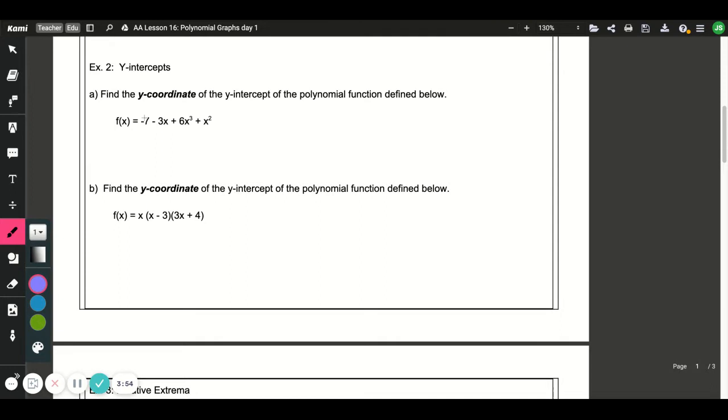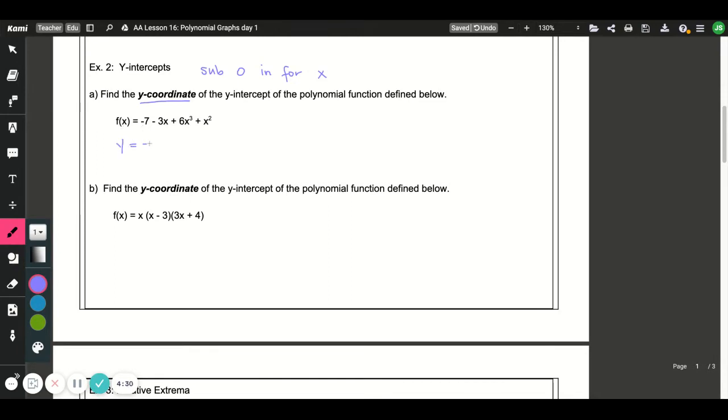Okay, so a review of finding y-intercepts. Find the y-coordinate, only the y-coordinate of the y-intercept of the polynomial function defined below. So to find a y-intercept, or any intercept really, you substitute 0 in for the other variable. So if we're trying to find y, we're going to substitute 0 in for all of the x's. Wait, no. So f of x, which is like your y,